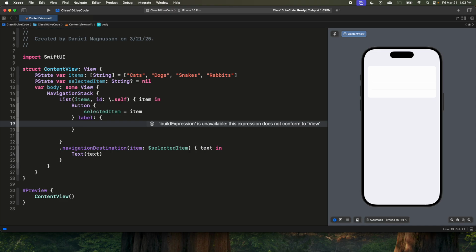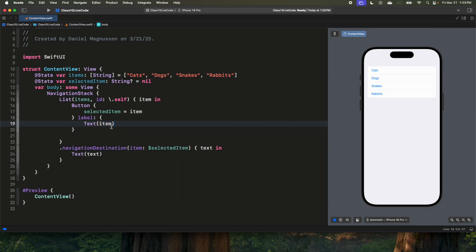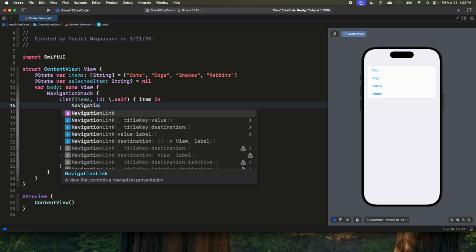Our label would just be, again, this is just how we want to display it, right? So we just show text right now, right? Interestingly enough, they look like this now instead, just because they are a button instead of a navigation link, which is kind of interesting. You can, if you want, wrap this further in a navigation link,